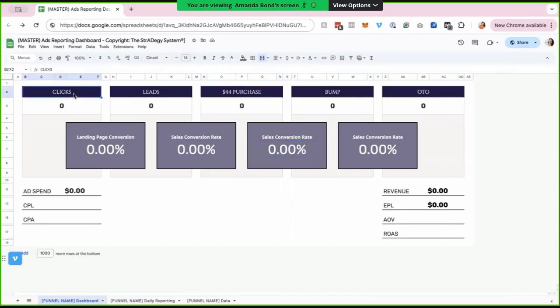But first thing, we figure out our funnel: clicks, leads, purchases. The example that I'm using has a $21 bump, and then a $127 one-time offer. So that would be the first step of setting up this dashboard. Now, what we want to say is, every single time a lead comes into the pipeline,